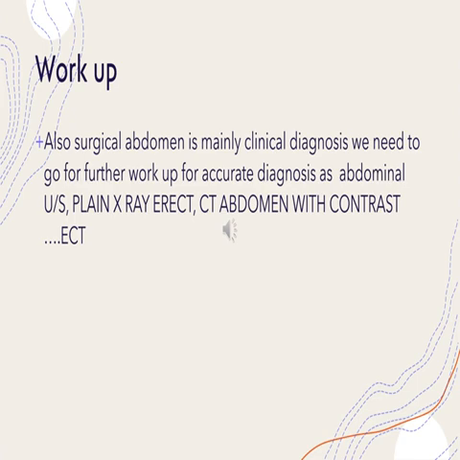Sometimes we need to go for further workup just to get an accurate diagnosis about the cause, and whether it is a surgical cause. We are going to do further investigations: abdominal ultrasound, and plain X-ray, erect abdomen and chest, to see if there is air under the diaphragm. Abdominal ultrasound will reveal intraperitoneal free fluid and show intestinal movement. Plain X-ray will reveal air under the diaphragm in case of viscus perforation. CT abdomen with contrast, and many other investigations are available for accurate diagnosis of